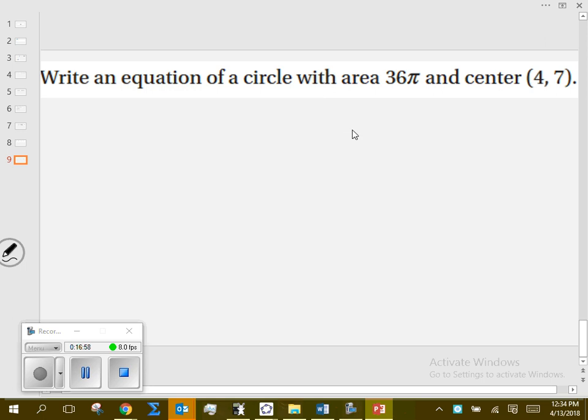Let's do that one. Write an equation of a circle with area of 36 pi and center at (4, 7). Okay? And this is just another way that they can hide information from you. So if I look at the center, that's going to provide me (x - 4)^2 + (y - 7)^2, right? So what are they hiding in this